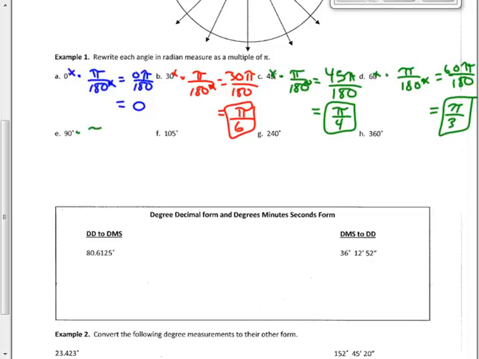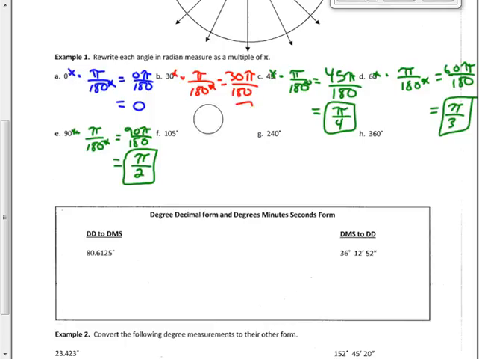90 degrees, we should know what this one is. This is an important one for us to remember. The degrees are going to cancel. I get 90 pi over 180. 90 over 180 is 1/2. They reduce to give me pi over 2. Okay, so those are all things that we actually could find from that unit circle, and we wouldn't have to